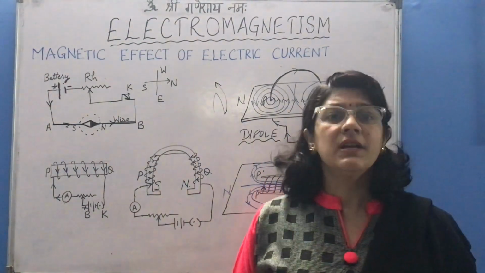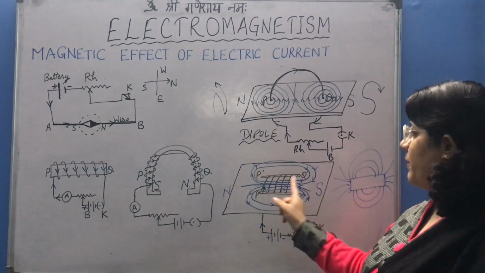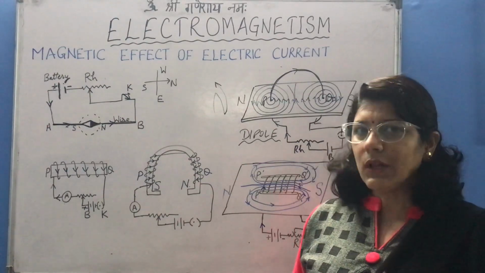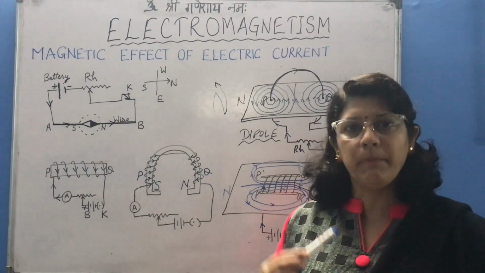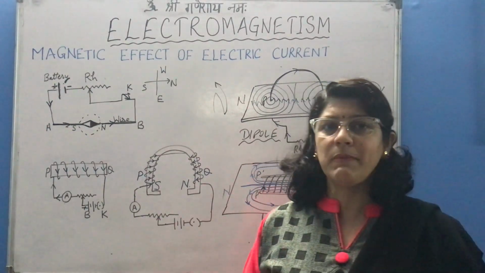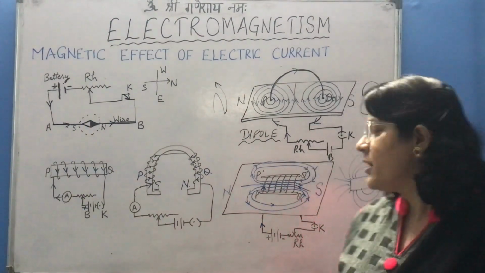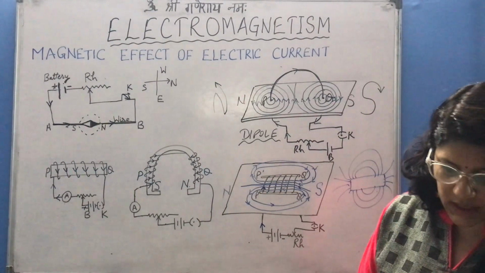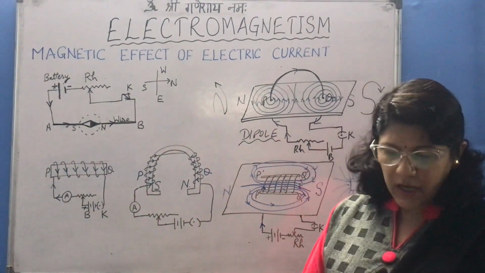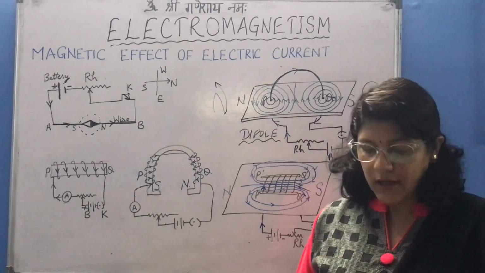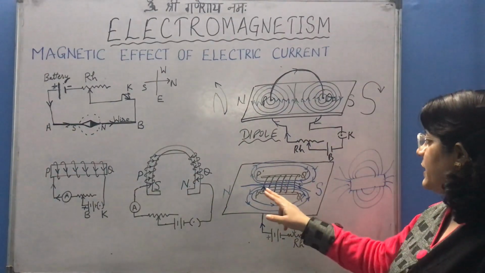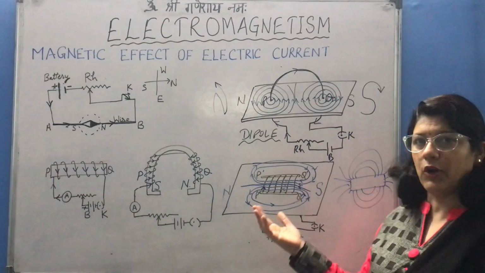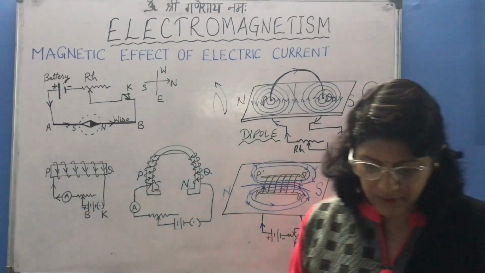First observation is that the magnetic field is uniform inside the solenoid. It is uniform, which means all the lines are aligned equally and parallel. Next, the second point is that magnetic field lines become denser if we increase the strength of current in the circuit. Third point is that the magnetic field is increased if the number of turns in the solenoid is more. Suppose we are taking here 10 turns. If we make the turns 100, then the strength of the solenoid gets many times increased.